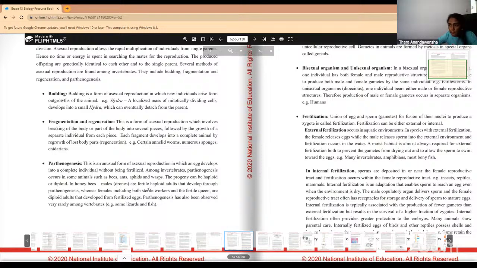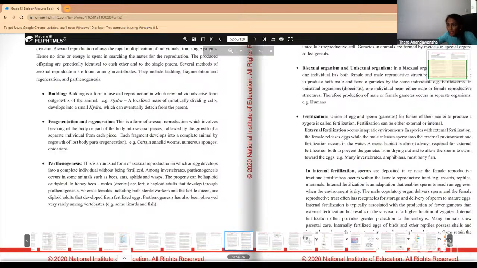Honeybees: fertile haploid adults develop through parthenogenesis, that is, male drones are produced in that manner. Females, including both sterile workers and the fertile queen, are diploid adults developed from fertilized eggs. Parthenogenesis has also been observed very rarely among vertebrates, such as some lizards. So according to the given question,